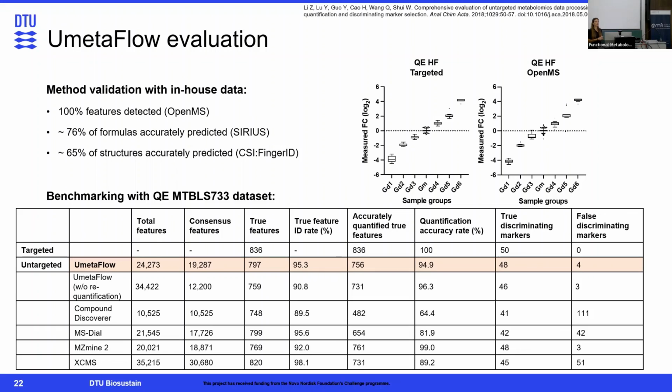Could be a mass trace error. It could be that the algorithm starts at the very start of the peak and just ends at the middle of the peak and quantifies it in the wrong way, or it's really a black box. No one tells you what they're using, or they don't share the information at all, unfortunately.